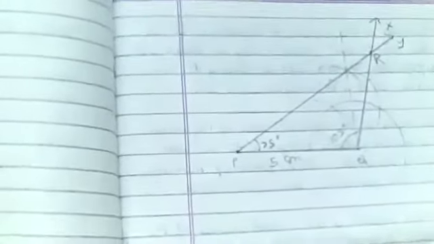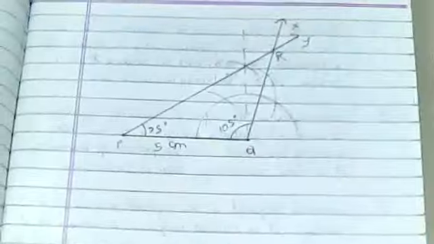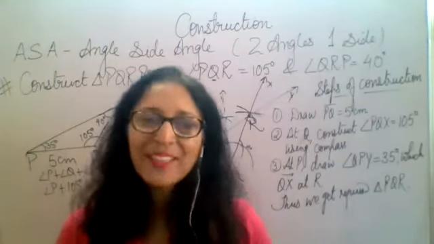Write it there, Y. This is R. Yes. Well done, beta. Thus you get, this is triangle PQR. Angle Q is 105. Angle P is 35. Angle R 40 degree. Okay, well done, Kavya. Okay, well done, beta. Correct. Well done, Nipun. I hope this is clear to everyone. This is all for today. Thank you for watching it.